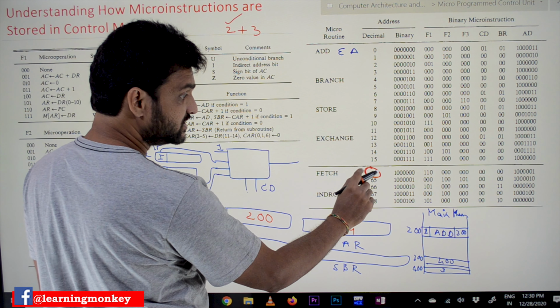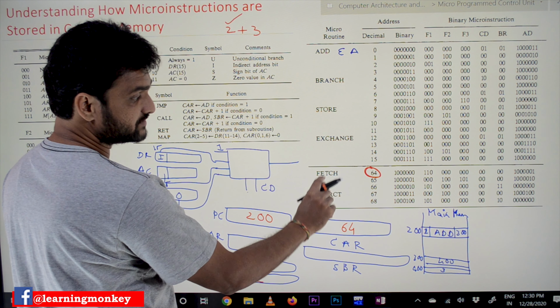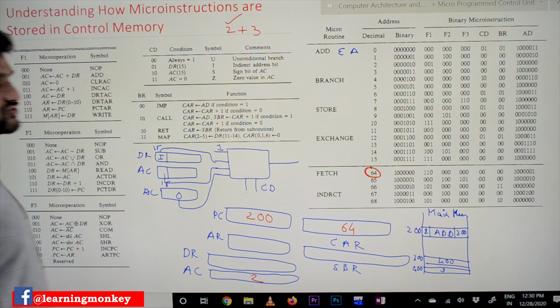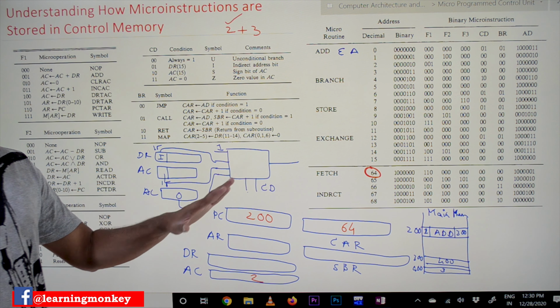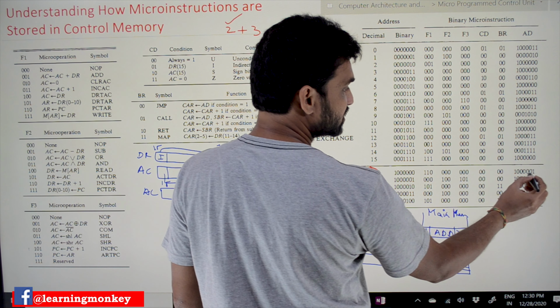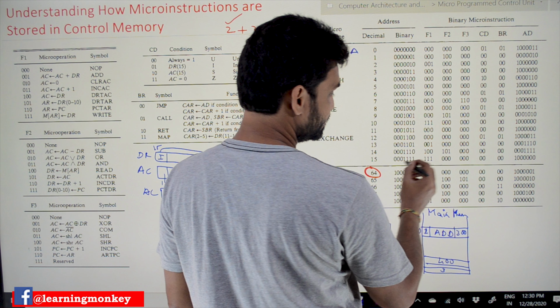The fetch micro program's first micro instruction, which is 64, will get stored onto the control address register. Now we have to execute this control word micro instruction.